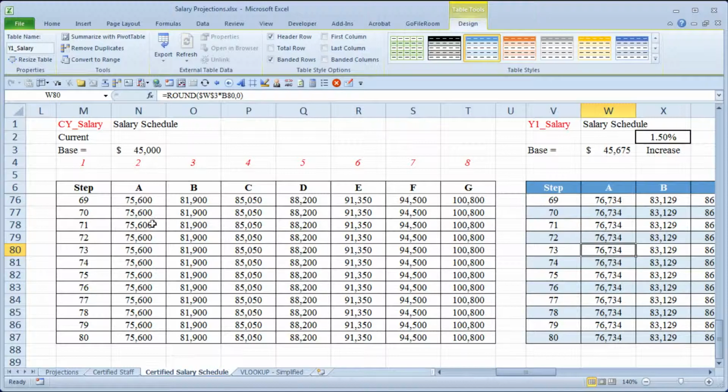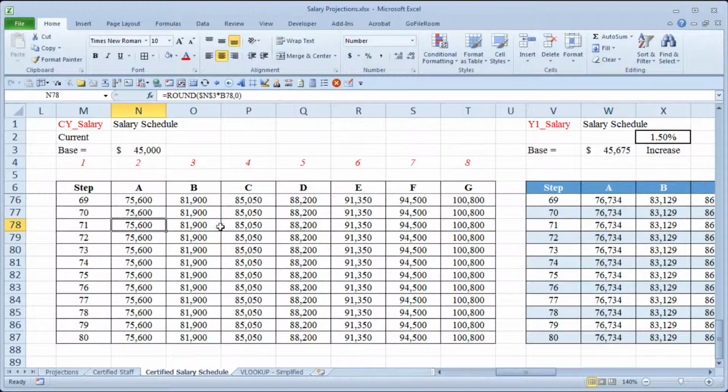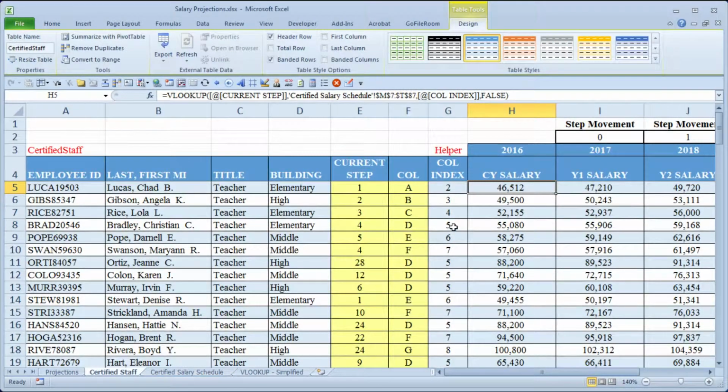Now this one over here, if we click into it, was not formatted as a table. I'm going to show you how to change that formatting to a table, and I also hope to illustrate exactly why we would want to do that. So if we go back over to the certified staff spread, this worksheet that shows the 100 employees,